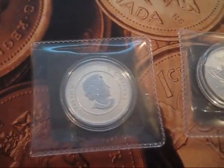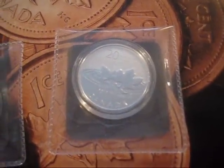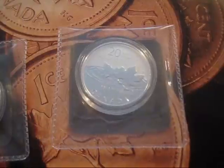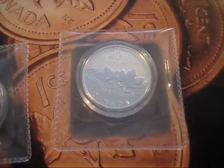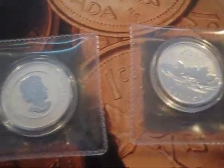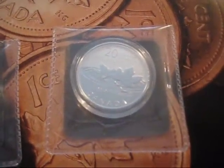And lastly, but not leastly, the Farewell to the Penny coins have arrived, the latest 20 for 20. I have these in hand now. One of them is my girlfriend's, one of them is mine, and I have a third. If anyone's looking for that, I'm going to do it for 35 bucks, including shipping to anywhere in Canada or the US. And unfortunately I only have one to get rid of that way, so just drop me a line,